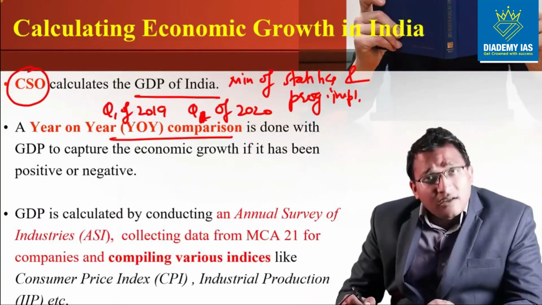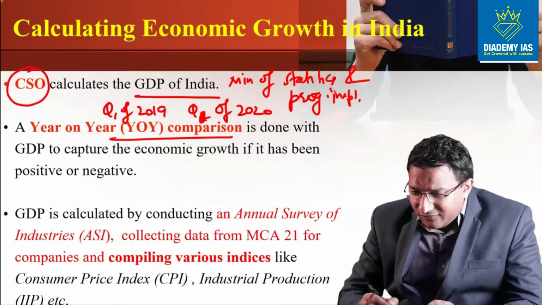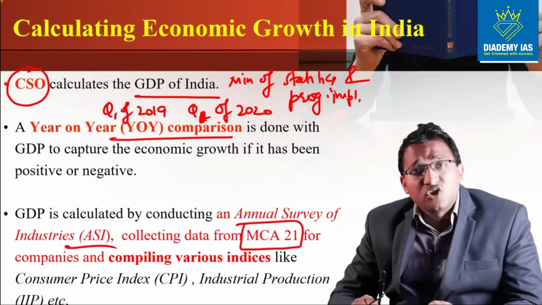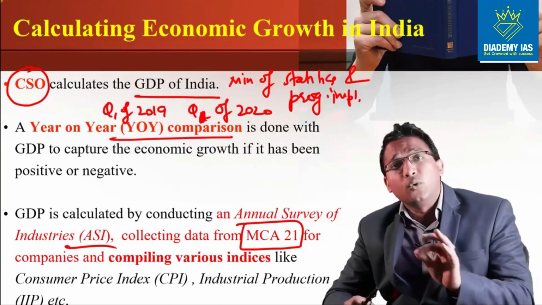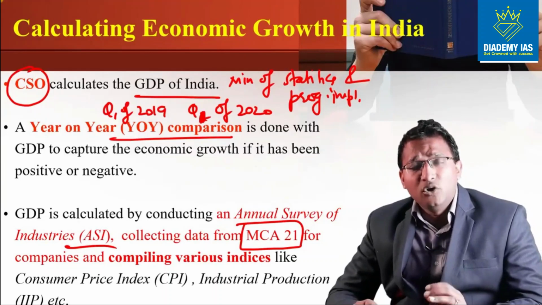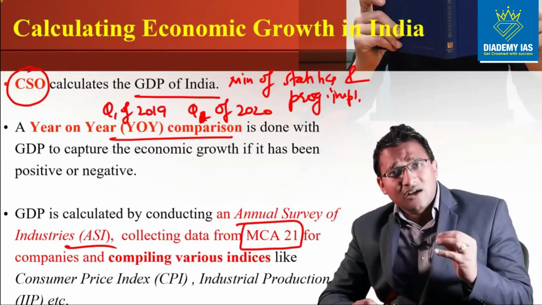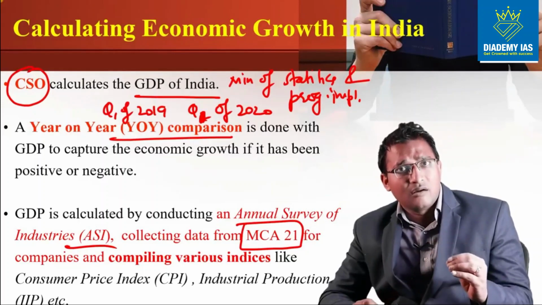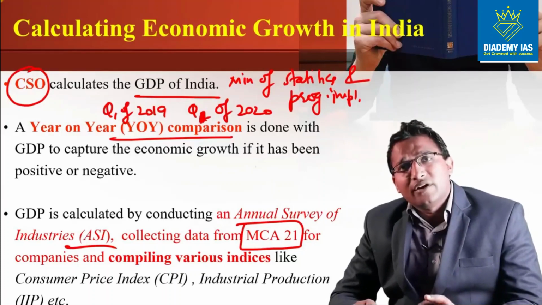And the data for this calculation is collected with the help of the Annual Survey of Industries, and more recently we are considering the data of the MCA, Ministry of Corporate Affairs 21. This is the portal of the Ministry of Corporate Affairs, which takes into account the data submitted by the different companies with the government. The registered companies submit data to the government saying we did this much production, we made this much value of goods and services, and accordingly we also calculate the GDP